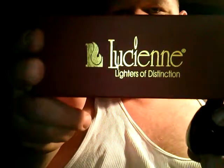I'm going to smoke it in my basket pipe. I don't know if you can read that very well. I don't know if you can even see my face. I don't have a front-facing camera. Anyways, it's Lucene, I believe. Lucene pipe. I bought one originally